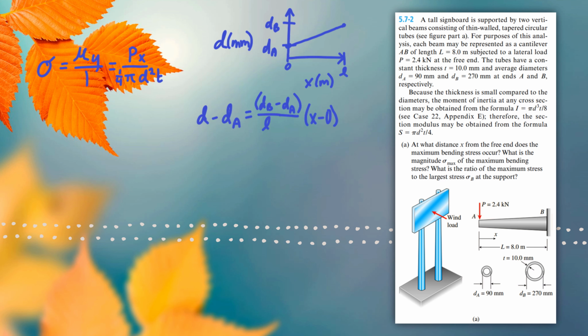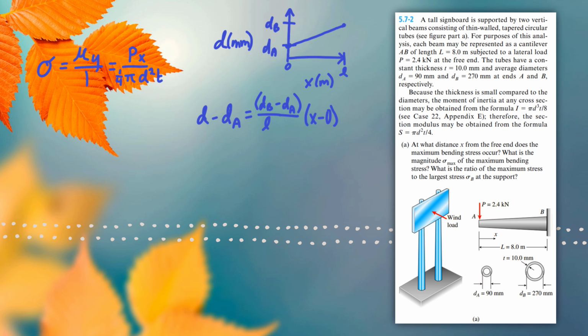So I can say if I take my D, which is my function here, and I subtract dA, my constant, you can imagine that entire line shifting downward by dA amount. So now it's going from the origin to dB minus dA. So